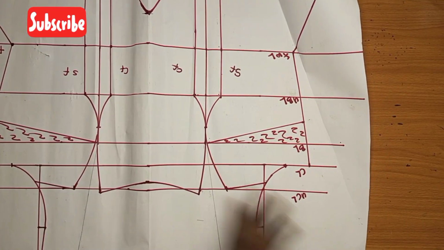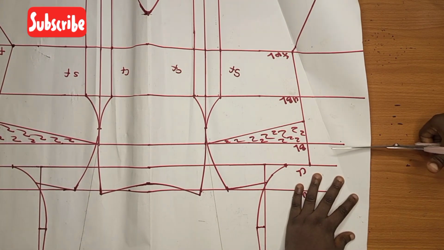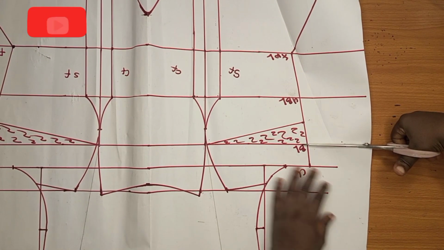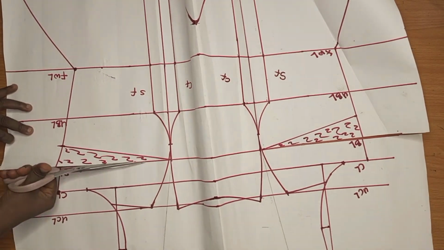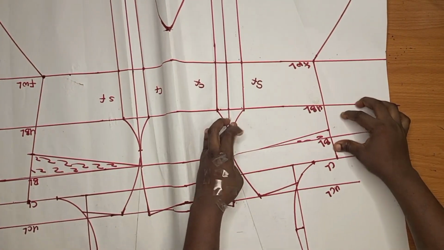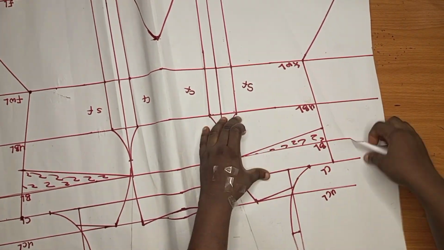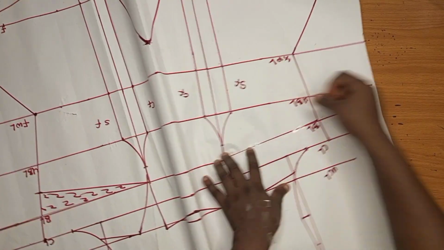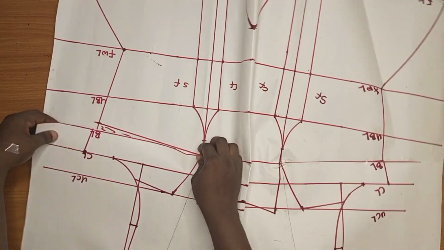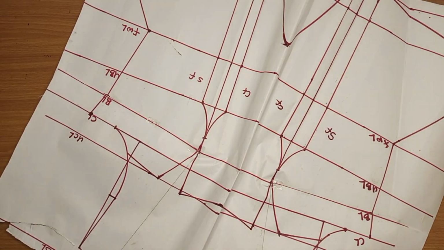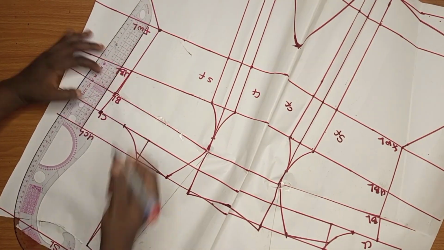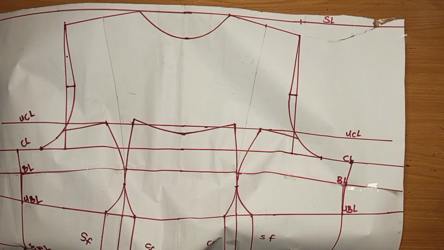I'll go ahead and open this up through the bust line just to close the side dart. So I'm going to be closing the two sides of the side dart. I will go ahead, use my tape to secure this down. So after securing this down, I will replace whatever that I shortened from the side because of the dart that